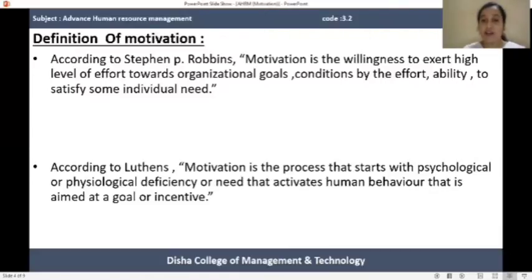Means he said that motivation starts with identifying need. If the organization shows some path for fulfilling these needs in the form of incentive, then only the person can be motivated. Every psychologist or expert says the same meaning related to motivation. Motivation is a process which encourages the employee to exert a high level of effort if the individual's needs can be satisfied.